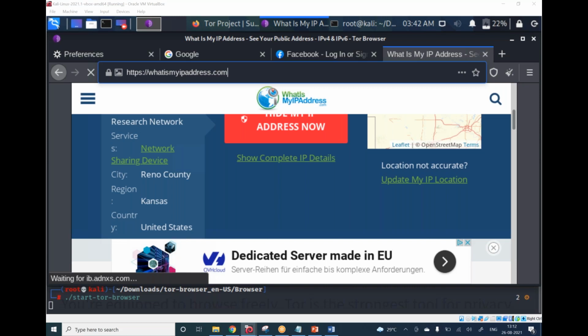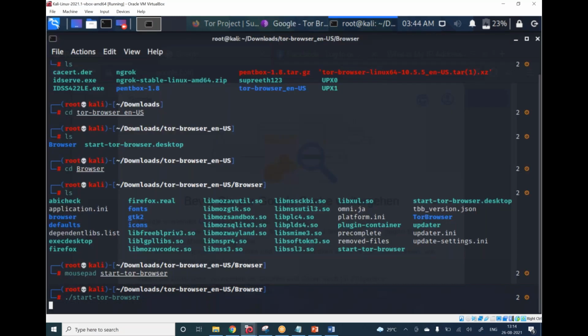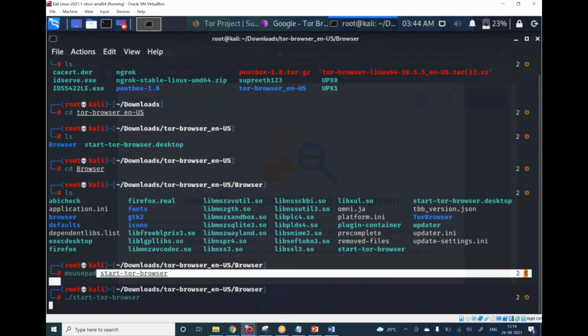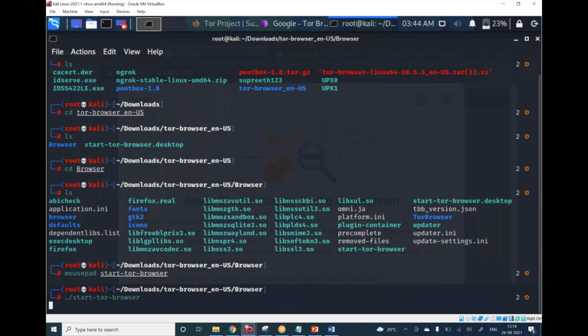Try doing it today, spoofing. Okay, small configuration you have to change, that's all. Okay, so if you're not able to get that configuration, you can try doing it in Kali user. So just go here, just type mousepad, put this, and you should be able to just put a hashtag, save it, and then file ./start Tor browser. Then you will be able to get these things.